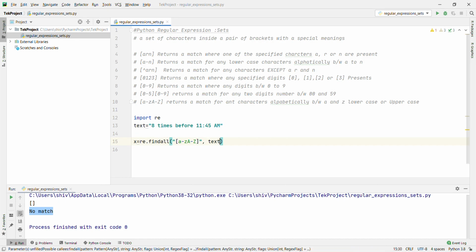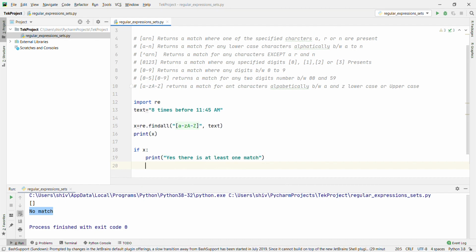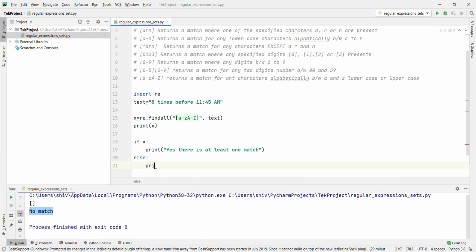And pass the text. Print x. If x, then yes, there is at least one match, else print no match.